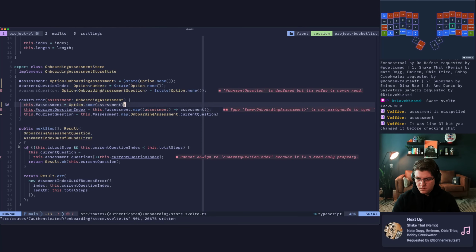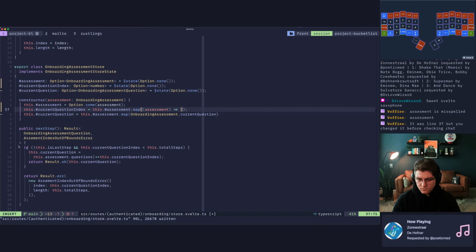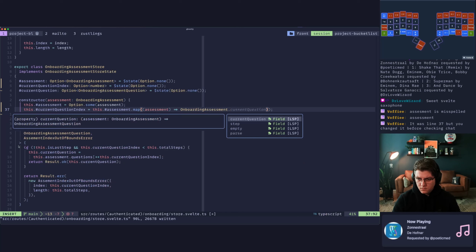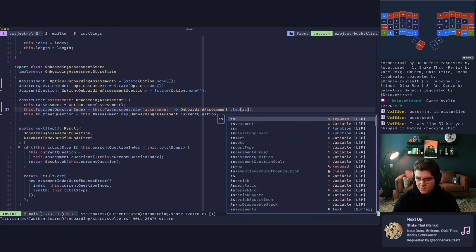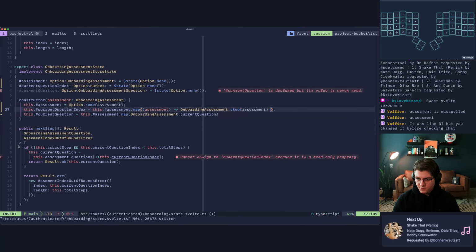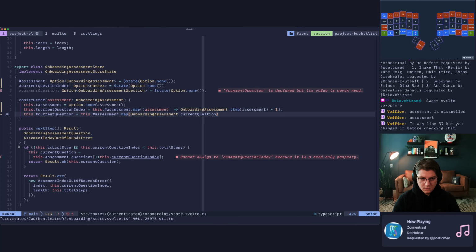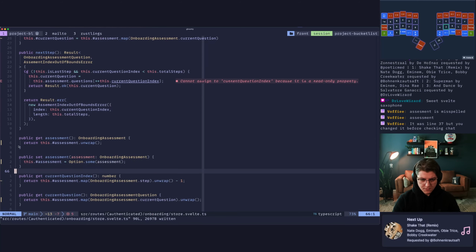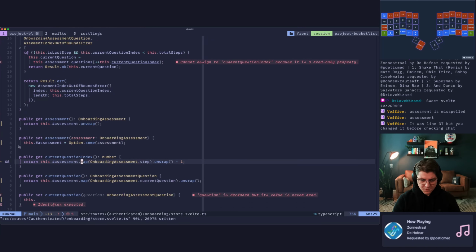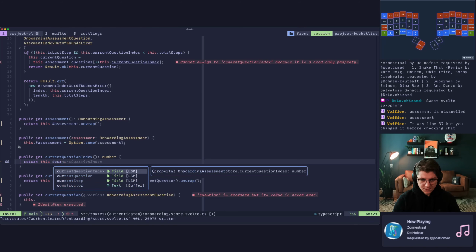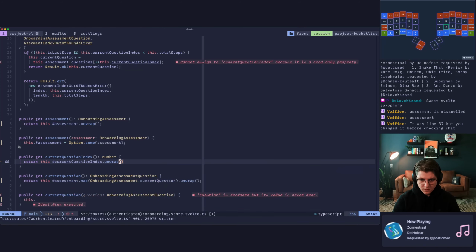Okay. I should be able to do this and just pass in the assessment and then subtract 1. Like, this should be fine. And then we need a setter on current question index. And this can actually just be, now we have a piece, current question index dot unwrap.